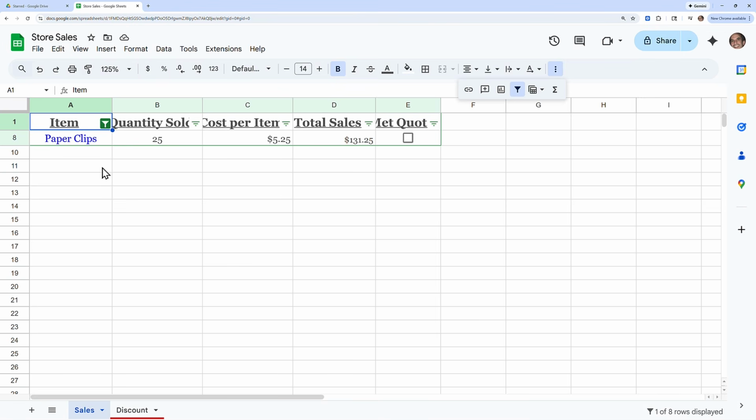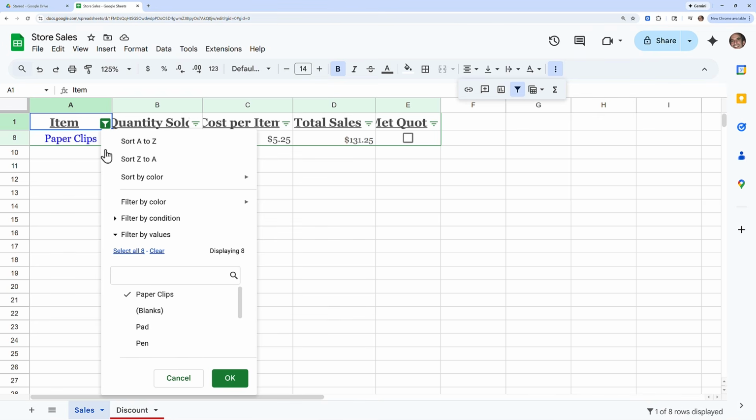So it may not seem that important with this small set of data we're working with in practice here, but if you can imagine that you have pages and pages of items and you want to narrow down that view, how useful this can be. So I can go back to my filter and I could select all 8 if I want to get everything back